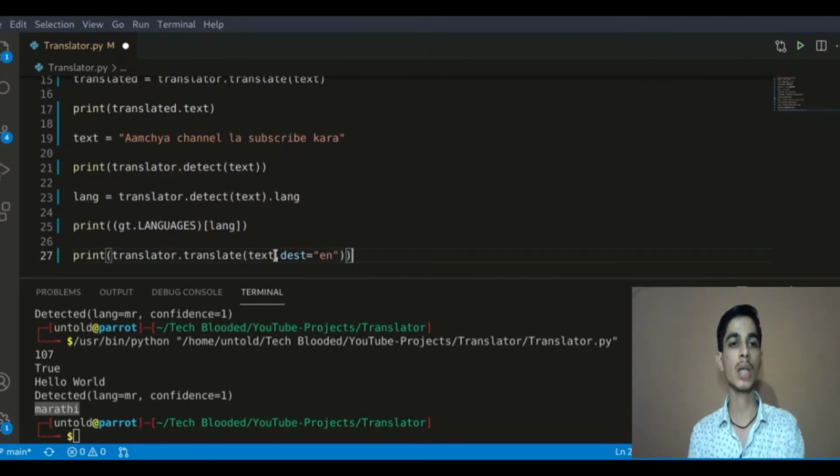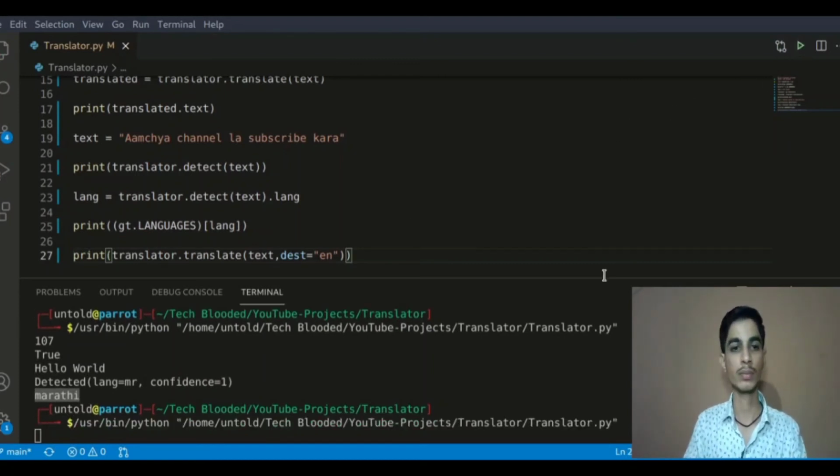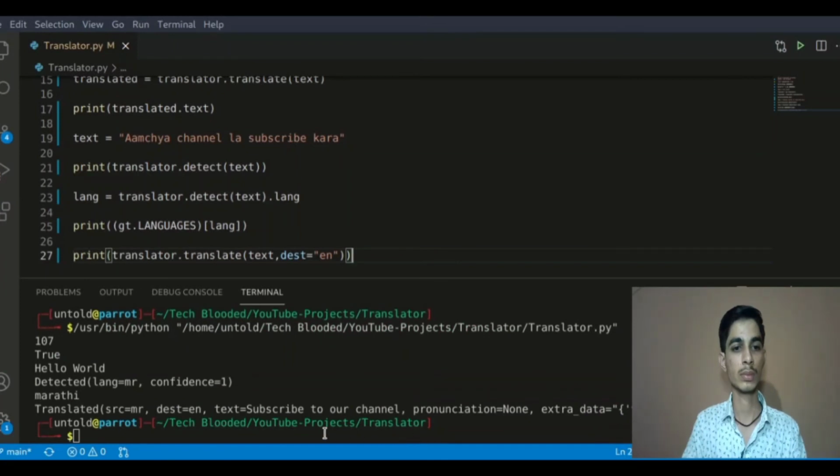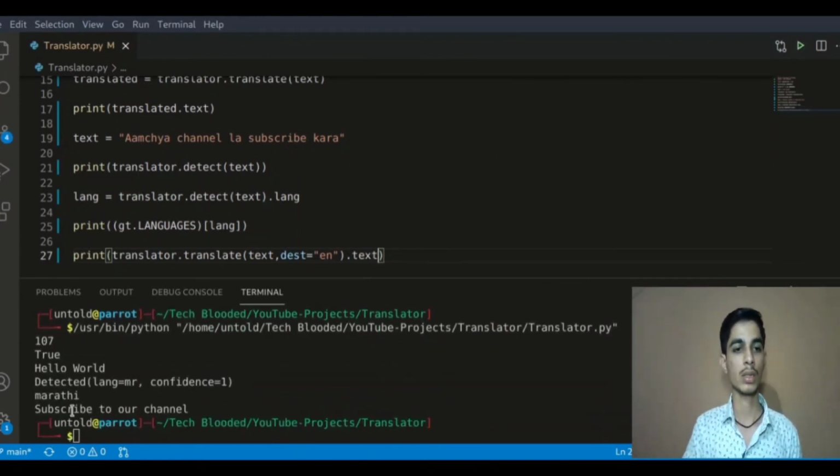So this text will get converted into English, and if we print this we'll get this whole result. And suppose I want only the converted text, so I'll do dot text and print it, and I got 'subscribe to our channel'. So the meaning of आमच्या चॅनलला सबस्क्राईब करा in English is subscribe to our channel.